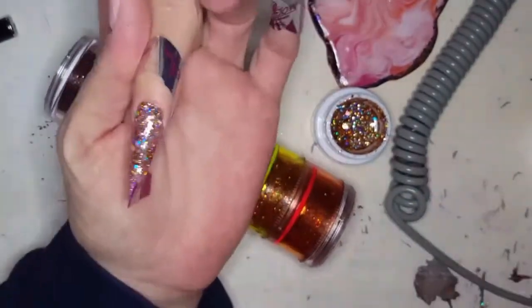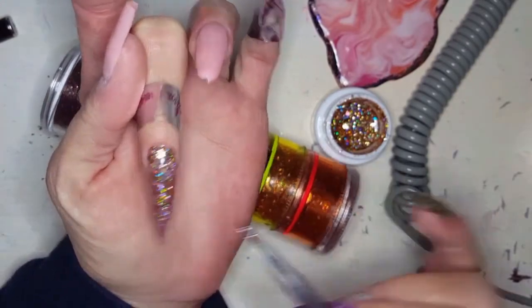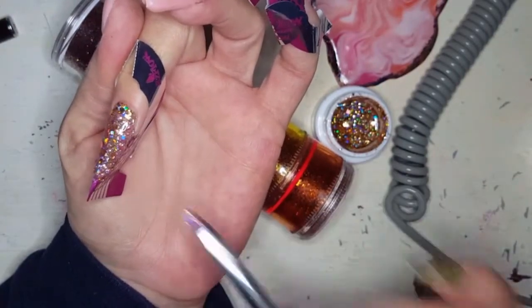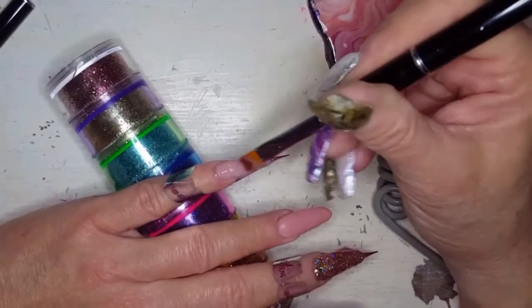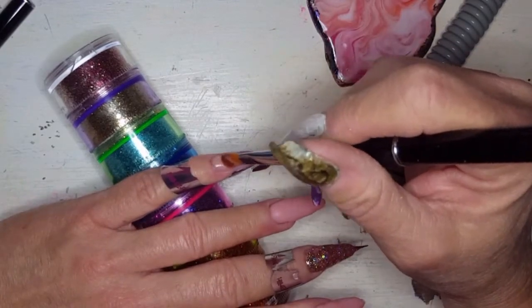So what we're doing is just a little bit of Model Ones glitter. We put some super gold at the cuticle area, and we're coming down the rest of the nail with some rose gold because I just loved the idea of a little bit extra color in there. And so that's why we did it that way. And it really doesn't read until you get it all top coated and stuff, but I'm super happy with the